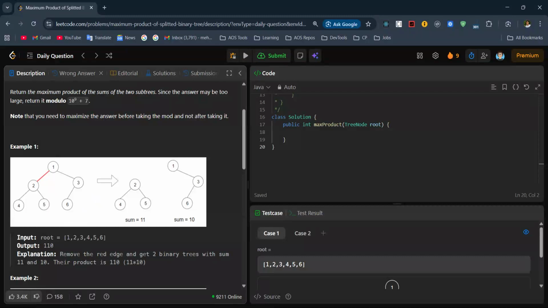Okay, so for each node, we will calculate the sum of the subtree rooted at that node, so this will give the sum of one subtree, and we can remove this sum from the total sum, which will give the subtree sum of the other subtree. And now we have both the sums, so we can find the product. And this we will do for each node. So we will use DFS for calculating the subtree sums. So this is the method I'll be using,